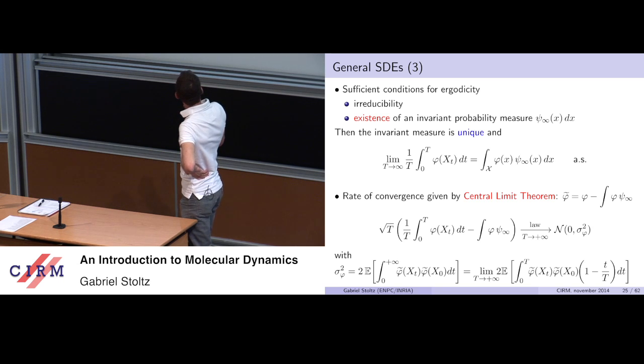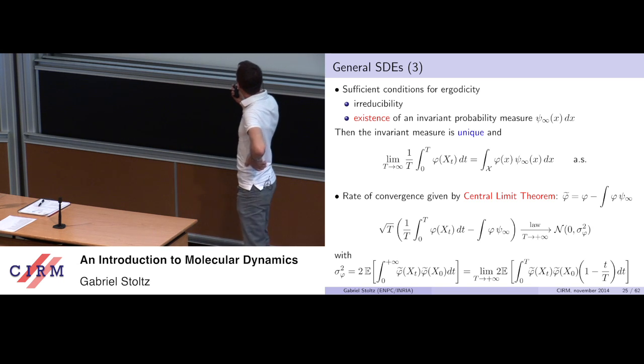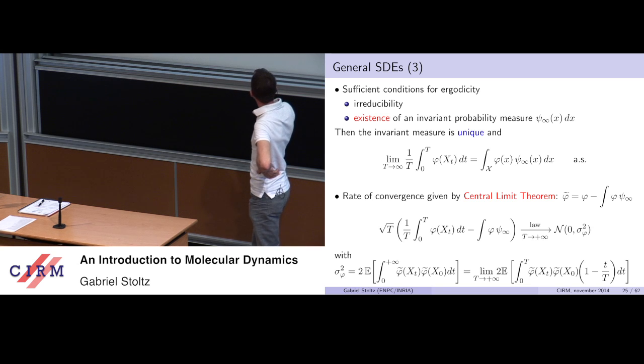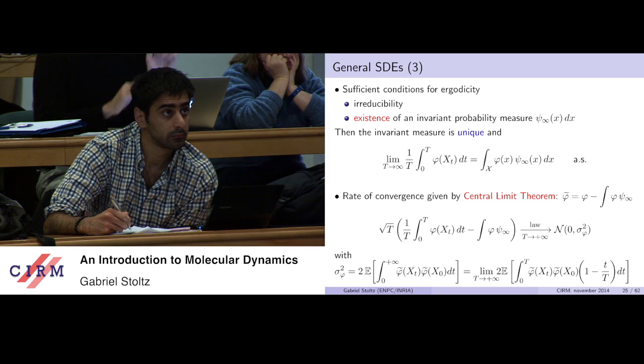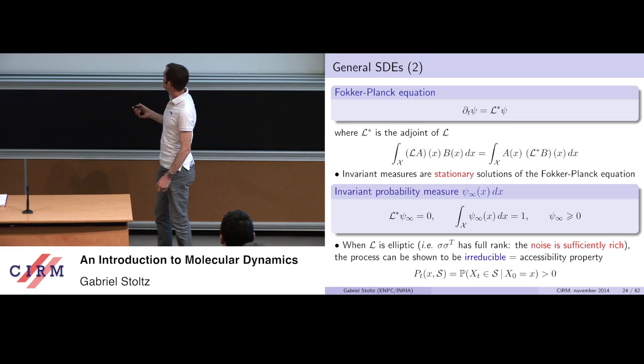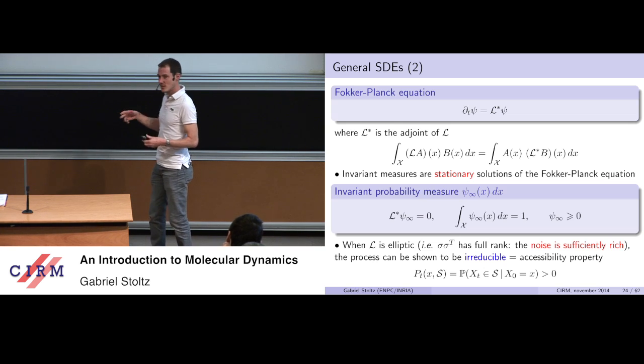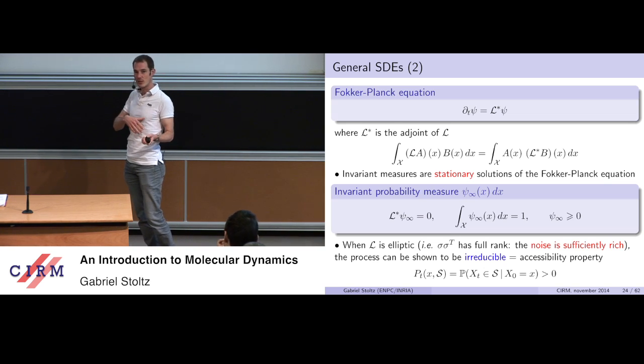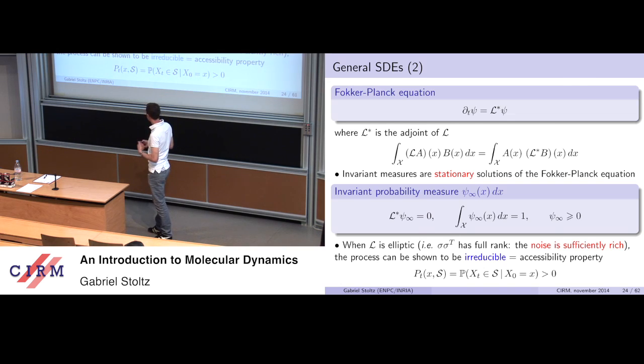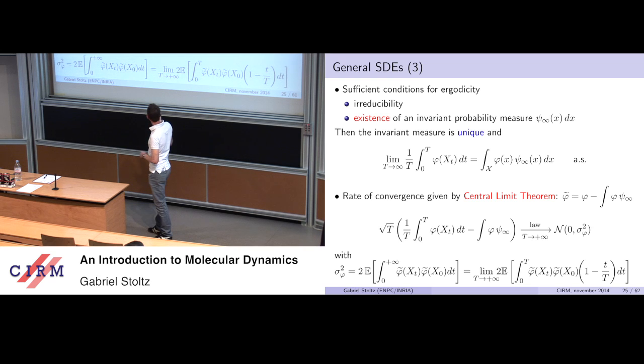And more or less, in this case, you've got these ergodicity properties: averages over one trajectory indeed converge to averages with respect to the invariant measure. So the rule of the game here is first to identify an invariant probability measure, and then to make sure that the noise in your SDE is sufficiently rich so that you can go from any configuration to any other one. Once you've got those two requirements, then you're in business: you know that your method is ergodic and that averages over one trajectory almost surely converge to averages with respect to the invariant measure.